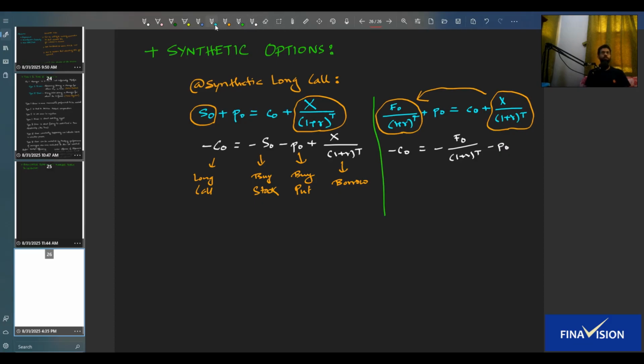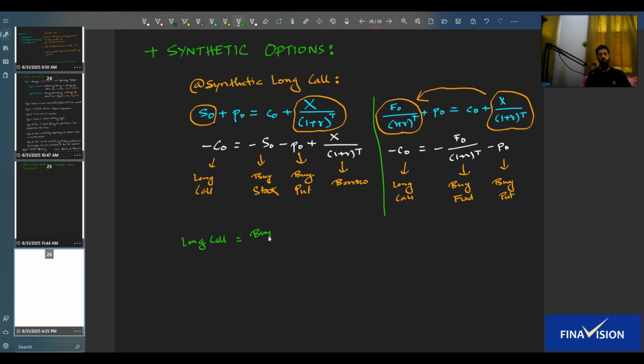So this means a long call is equivalent to buying a forward contract and buying a put, right? Here the borrowing or lending amount is ignored. So we can write it here. A long call is equal to